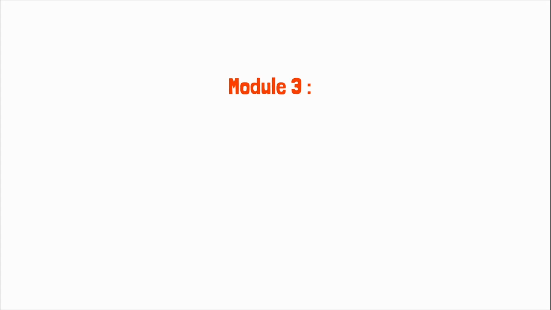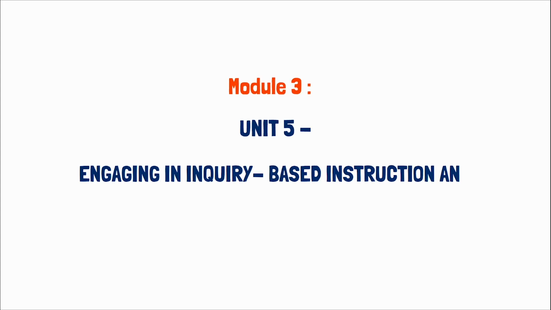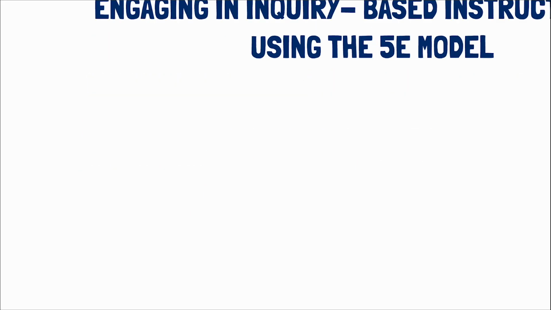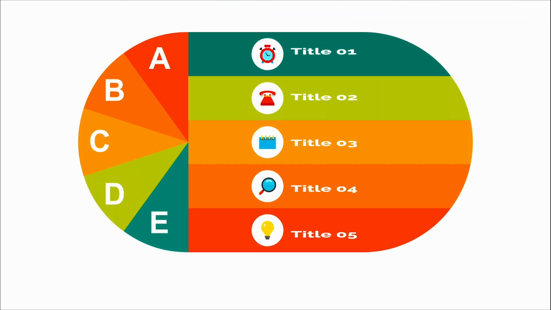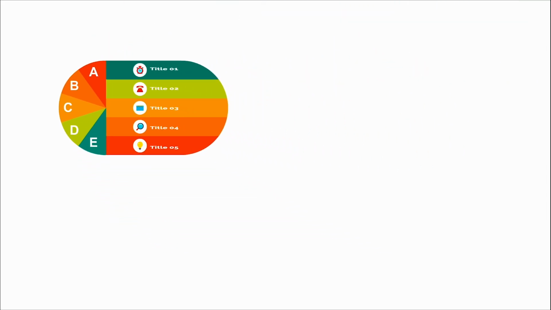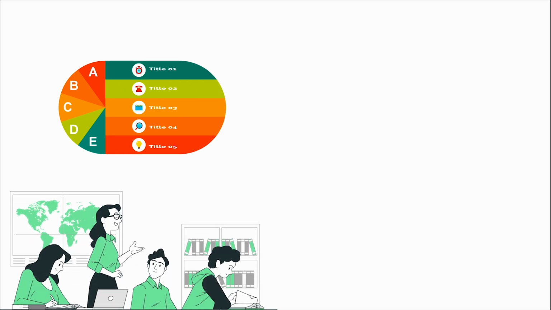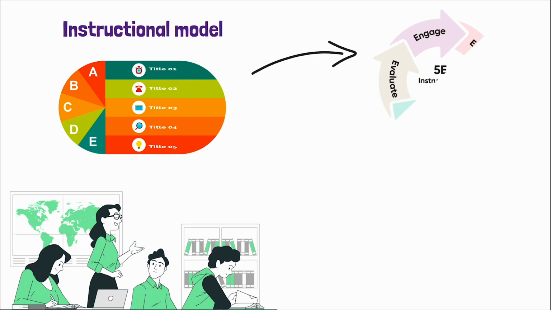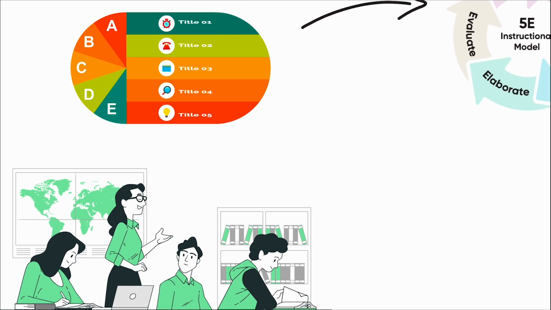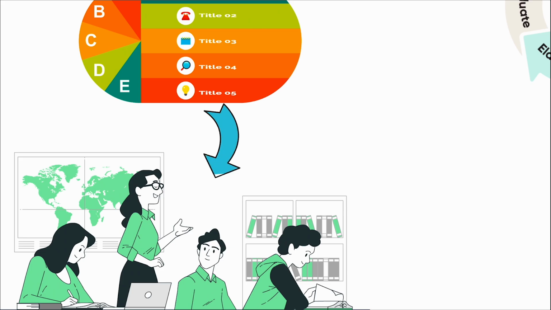Module 3, Unit 5. Engaging in inquiry-based instruction and using the 5E model. A general arrangement of phases, steps, actions, or decision points for teaching and learning is known as an instructional model. Engaging in inquiry-based instruction and using the 5E model is an essential aspect of effective science education for elementary school